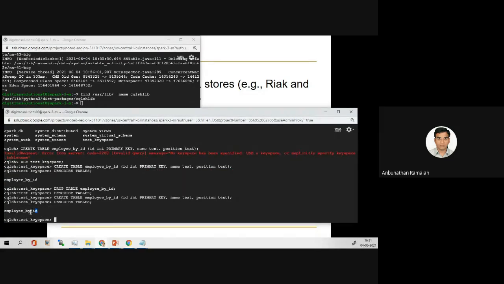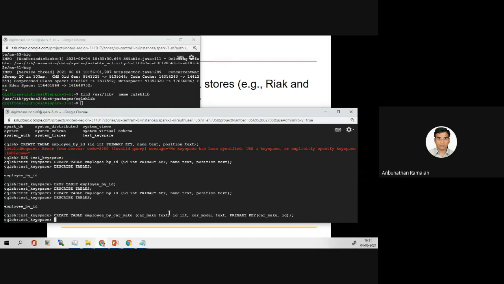So now this time it is there. Now what we'll do, one more table we will create, employee by carmake. Here carmake is text, ID is integer, car model is text, primary key is carmake and ID. These two are primary keys.